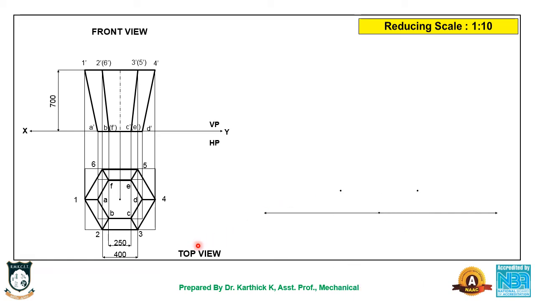See, first I would like to draw the bottom part. The bottom is the smaller one, the smaller hexagon, that is 250 mm hexagon. So for that, I would like to measure this dimension of the box. So bring your scale. What about the dimension? Here it is 50. So I would like to draw the 50 mm line here.